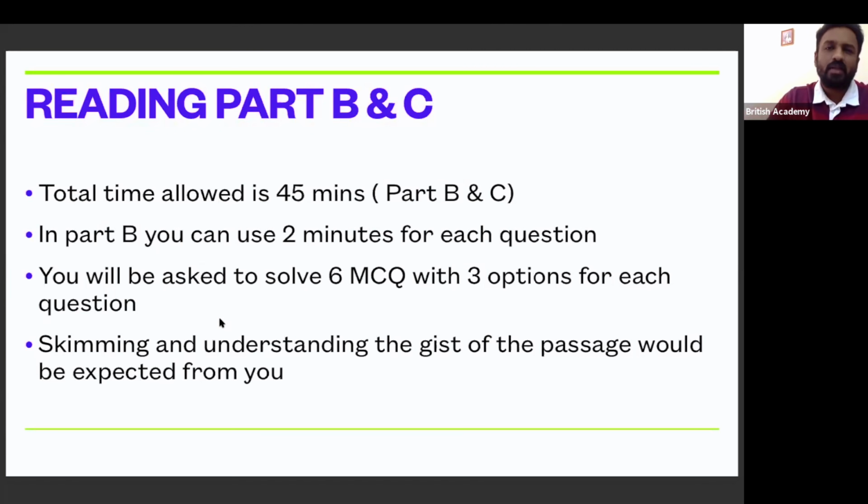Now, some people say that you can divide it into 15 minutes. Don't do that. 15 minutes for Part B, then Part C, first part 15 minutes, and then the second part 15 minutes. It's better you save maximum time for Part C. So for over here,